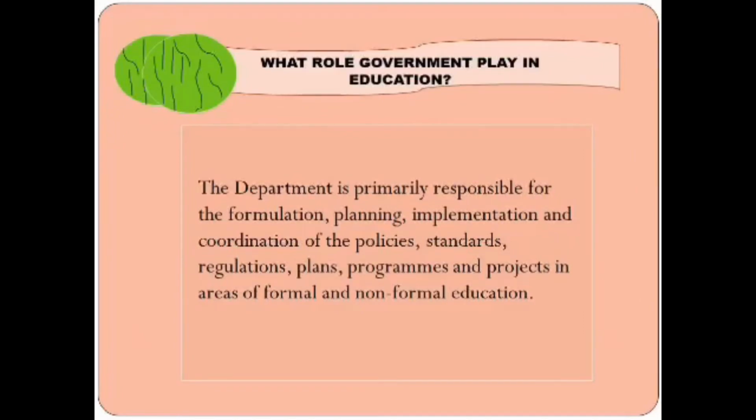Next, what role does government play in education? The department is primarily responsible for the formulation, planning, implementation, and coordination of the policies, standards, regulations, plans, programs, and projects in areas of formal and non-formal education. So meaning, the government or the governing bodies or an individual or an institution will take regulations into account, or they are the ones who make, assess, and do everything so that a regulation is implemented and making sure that the regulations they implemented are helpful or the things that are needed by the students to be